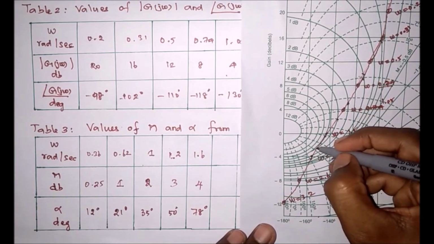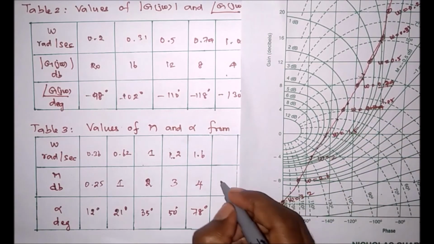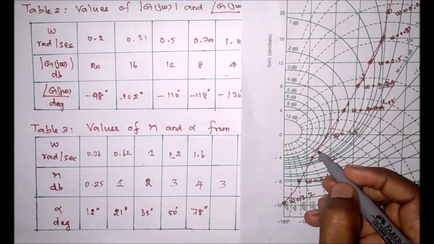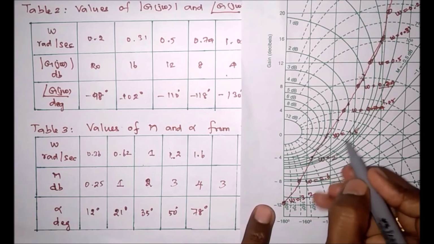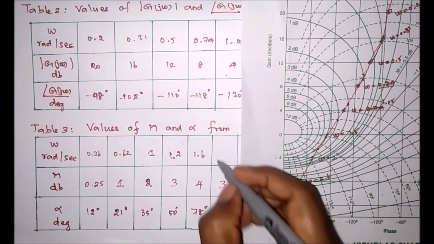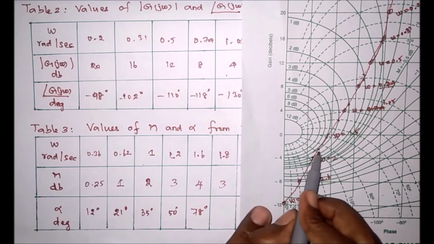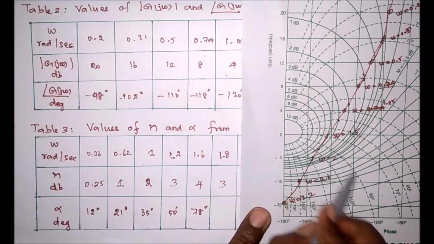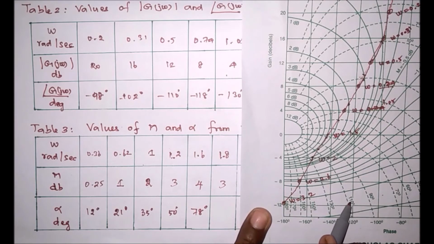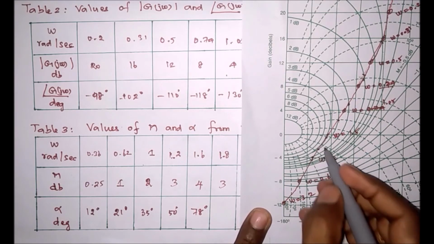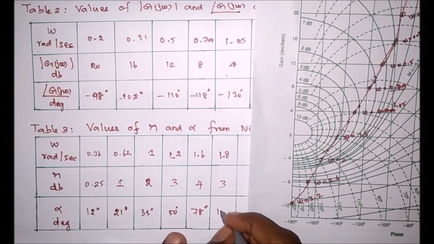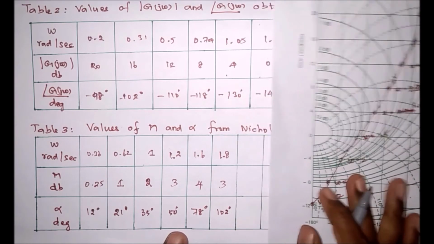So next we can consider, after 4, we have to check whether we see the next, 3. So this is also cutting at this point. So we can consider 3. Corresponding omega, we see it is 2, this is 1.5. It will be around 1.8. So omega equal to 1.8. Now the corresponding angle, we see this is 90, this is 110. So the corresponding angle in between is 102. It will come around 102.